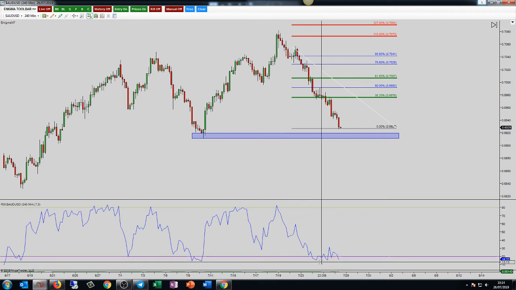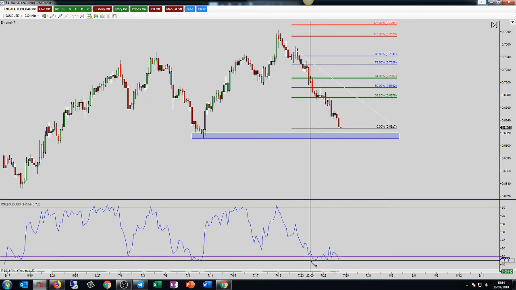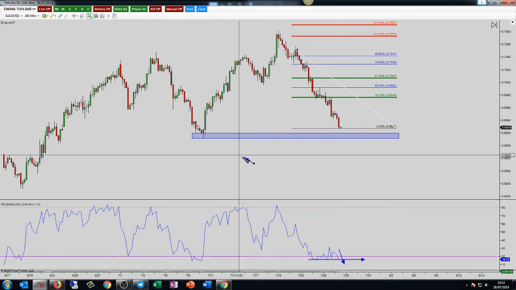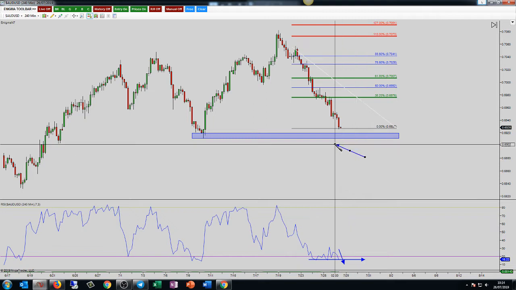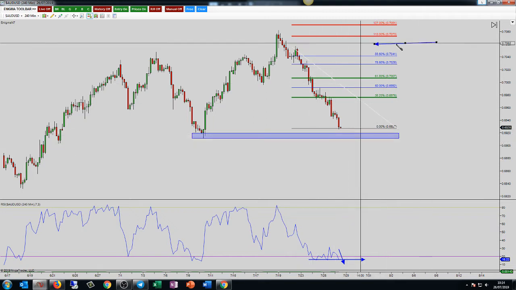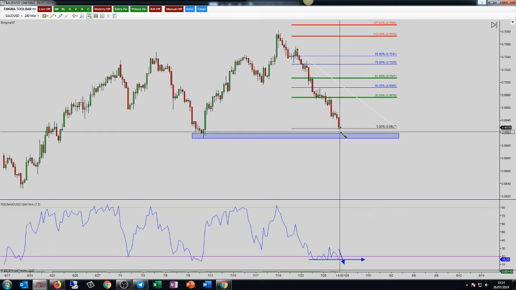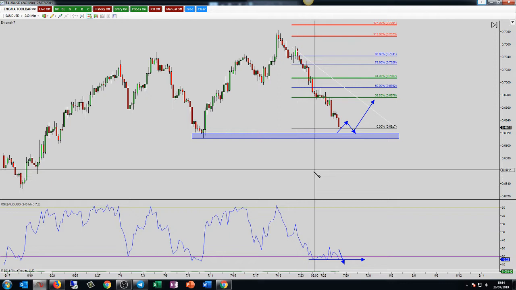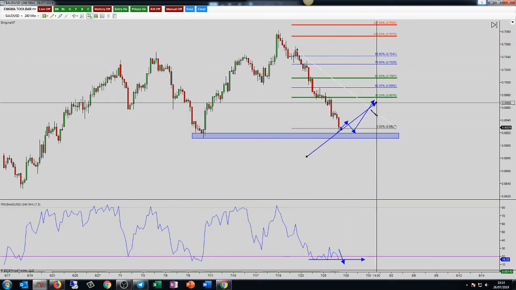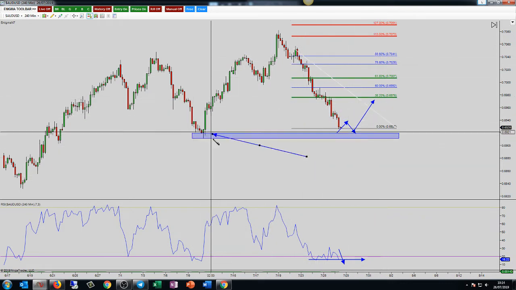Now the RSI is, we're just leveling out here. We are still oversold. We're just leveling out. I would like to see a break on the RSI of this level as we come into the structure level, and we could look for a small rotation pattern here, because lots and lots of directional moves like this, we tend to see the market run out of steam, and this is for me where we tend to see those double bottoms.